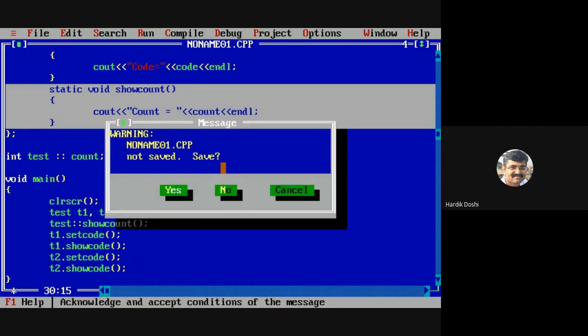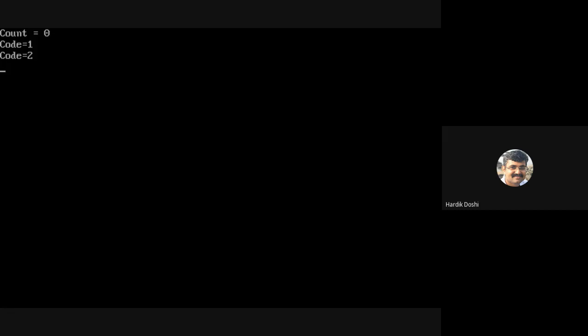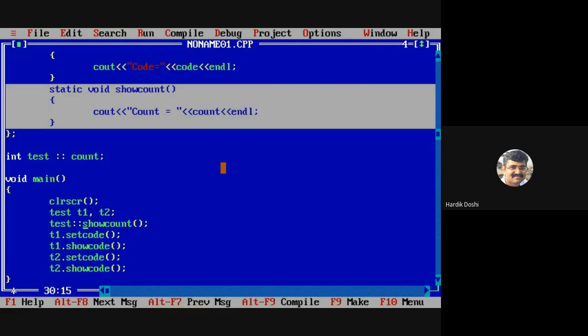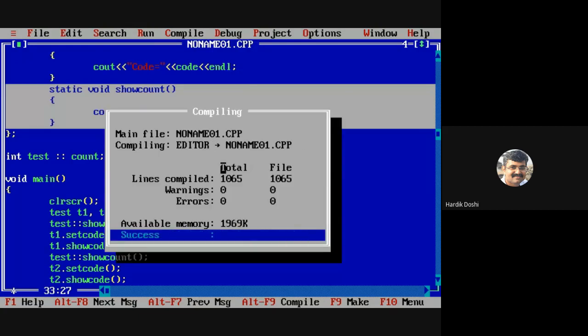See this now. See, the count value is 0 initially. Now, after T1 dot set code and before T2 dot set code, if I again call this function show count, what will be the value? It will be 1 now.